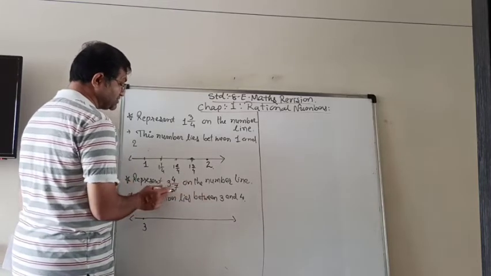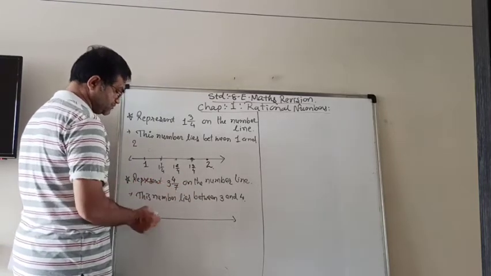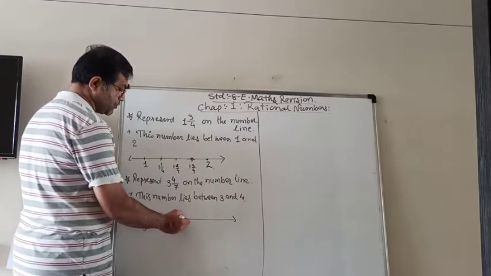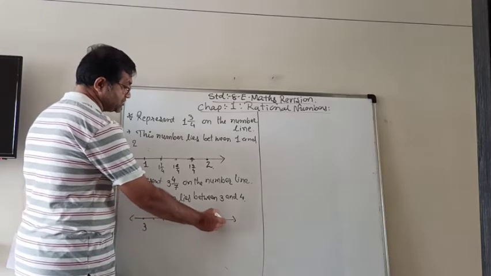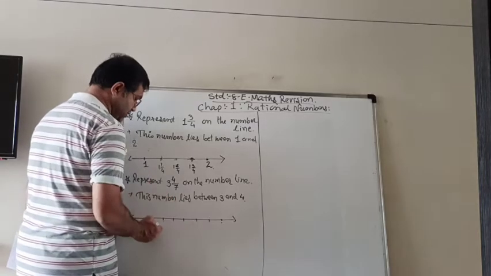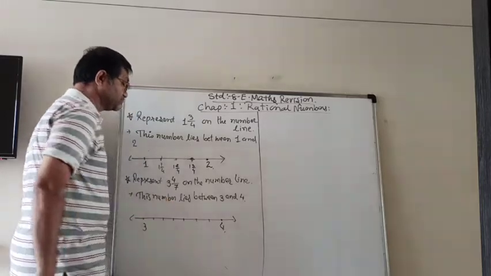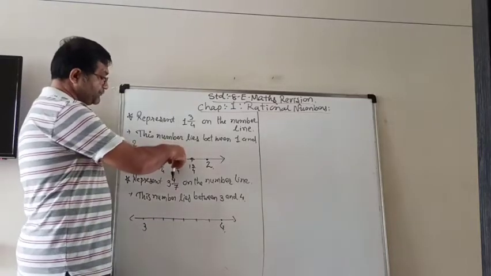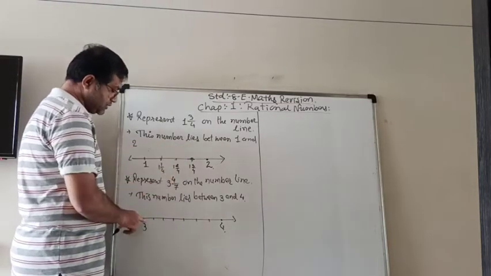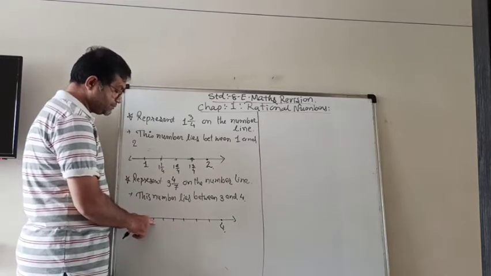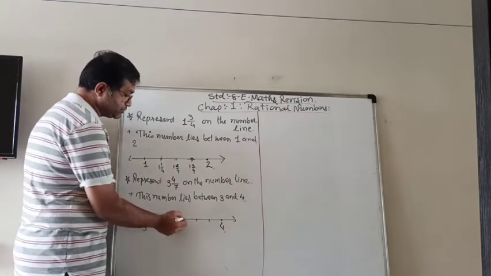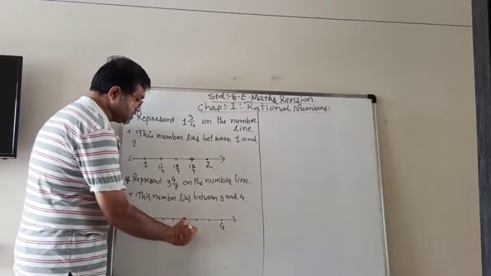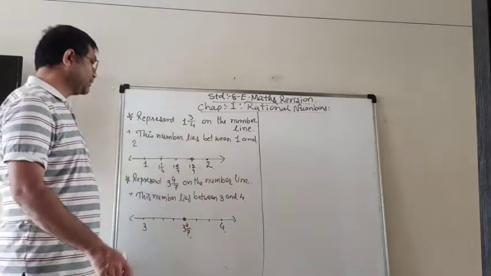We have to make how many parts? Denominator is 7. So we have to put 7 parts. So 1, 2, 3, 4, 5, 6 and 7. So here it is 3, then on the last part we write down 4. Then we take 4 means here you should be 0, then 1, 2, 3 and fourth part. So that your fourth part is 3 integer 4 upon 7.